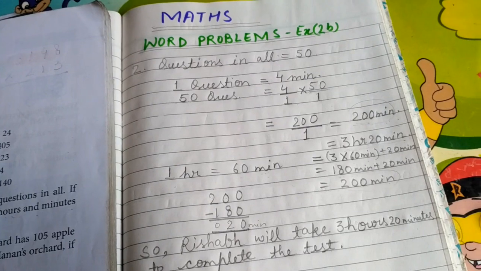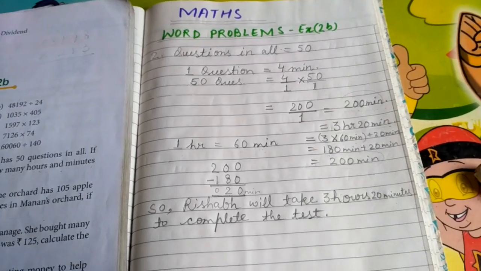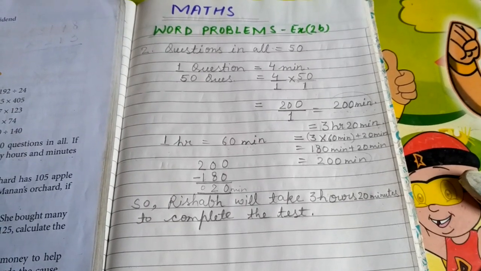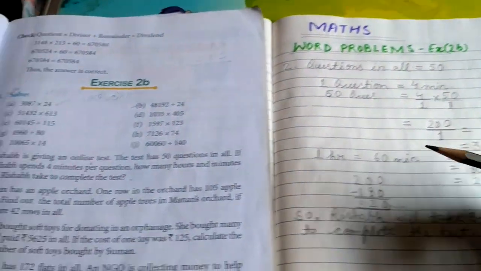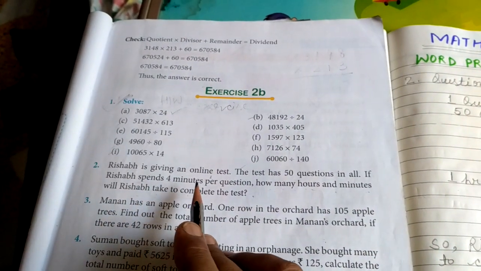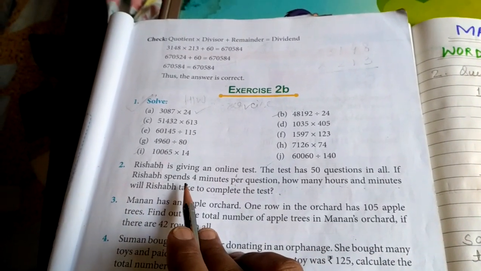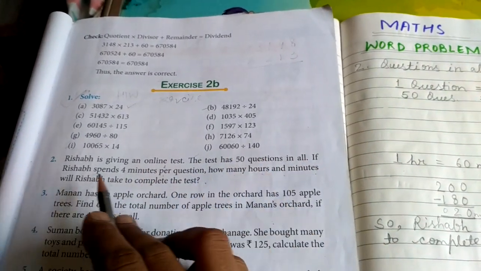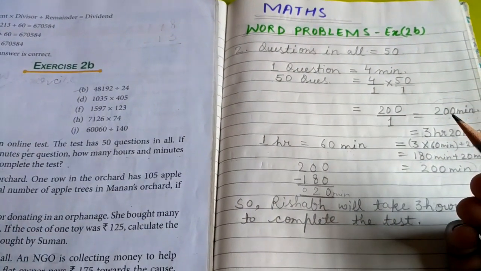Okay. So this was one word problem based on multiplication and division fact, basically multiplication fact. So I hope this question is clear and understood to you all. Whatever is given, from that only we have to calculate. We have to find out what the question is asking us to find out. Total number of questions were given, and to solve one question, how much time he needs, that was given. So from that we have calculated the total time he will take to solve the complete test.